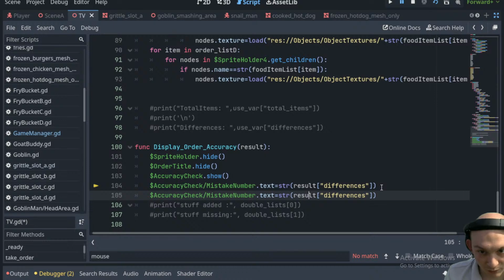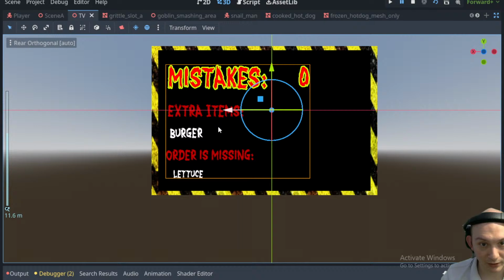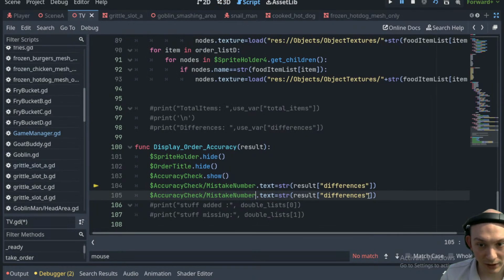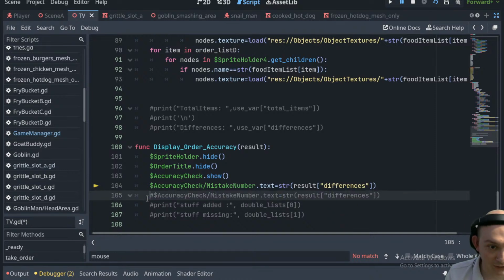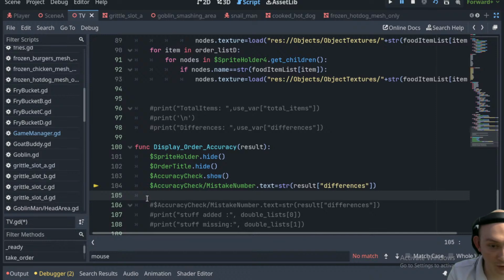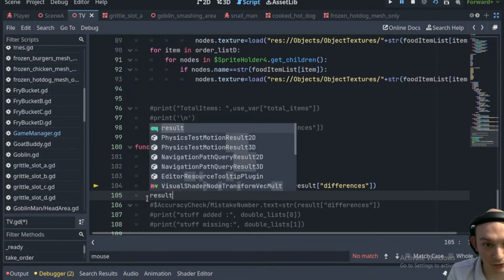And instead of mistake number, what else do we want to list on the TV? Let's go back to 3D. So extra items. Okay, so I'm just going to print that because that's going to be kind of a pain, because we're going to have to go through that and pull some stuff from it. So we'll just say result